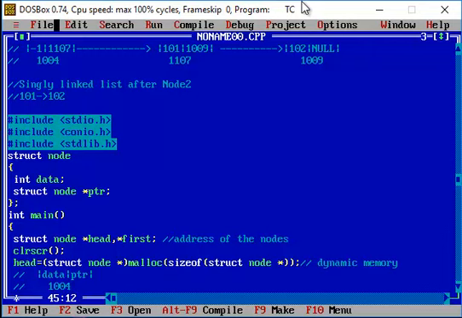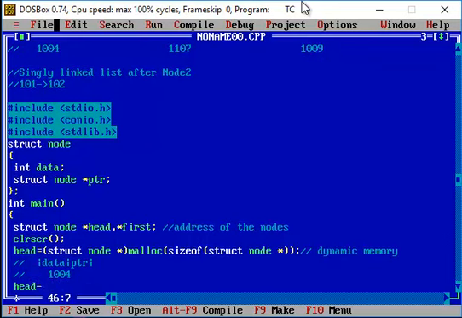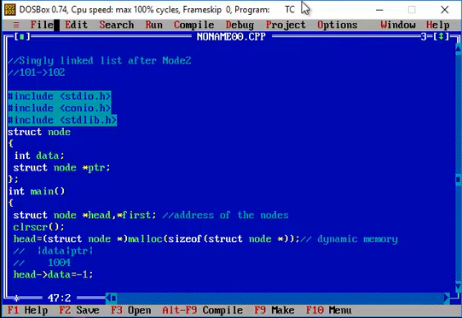Now I'm going to update the data field in my head node, that is the start node. Basically your start node will not have any data. I'm simply putting it as -1 as of now, and the pointer field will be mapped to null.